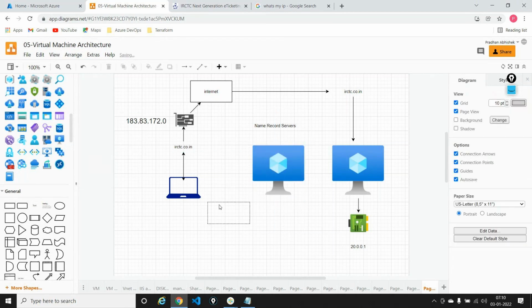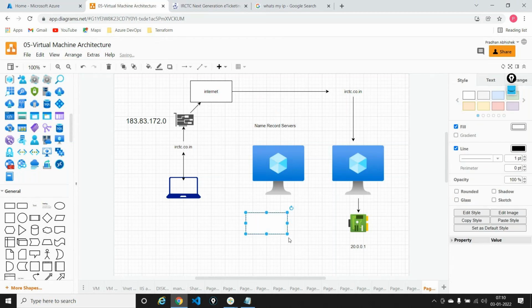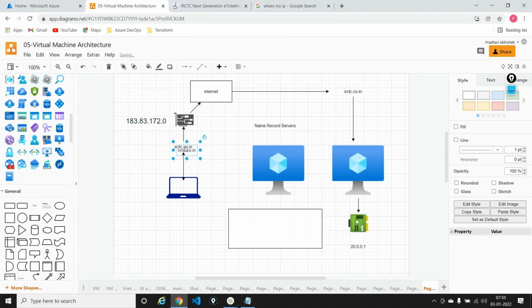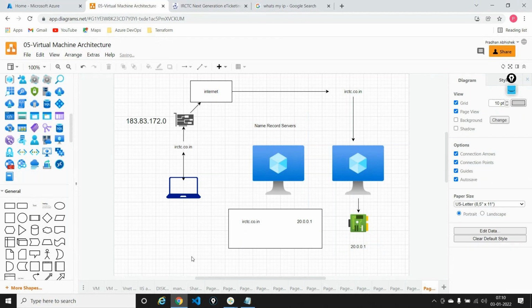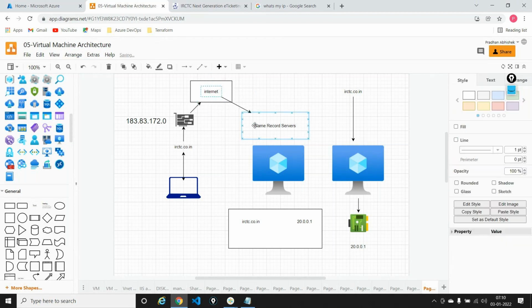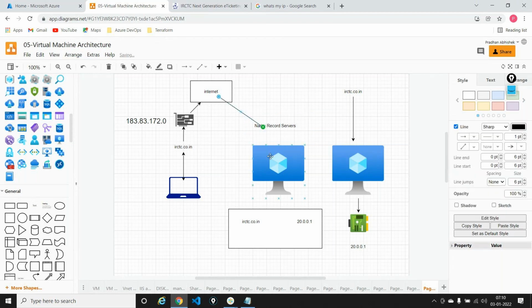which will hold something known as a name record, meaning it just has, okay, if someone does irctc.co.in, this is the name and this is the record. It just has this mapping. So whenever I do an internet search, the internet first diverts me to the name record servers. The name record servers has all these names that are registered with them. So it understands that, okay, I'll just go into this particular irctc, I found it, and